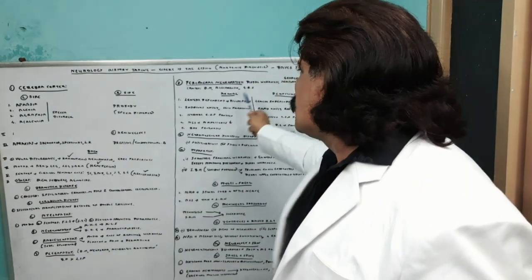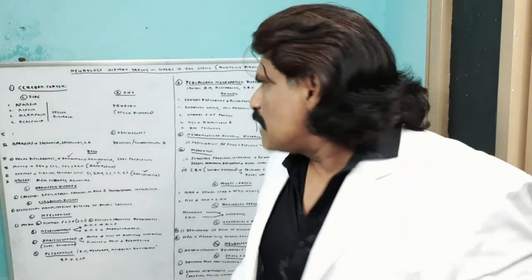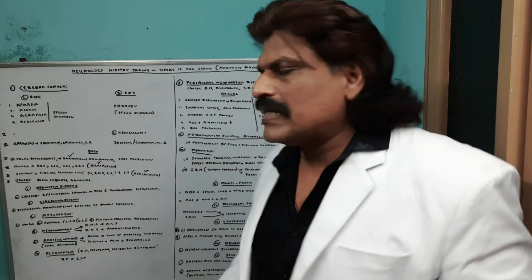So in peripheral neuropathy, there is distal weakness, and axonal neuropathy is length dependent, so they'll have graded sensory loss. The distal most part, the foot, may get severely affected, followed by little loss in the knee, and then the thigh may be almost normal. Obviously they'll have absence of deep tendon reflexes. The usual causes for peripheral neuropathy are diabetes, alcoholism, and Guillain-Barré syndrome. Always think of diabetes when a person comes with peripheral neuropathy.